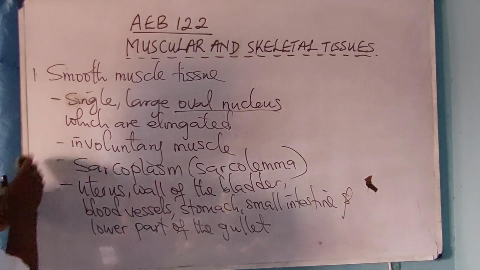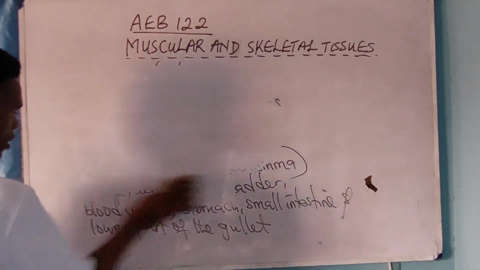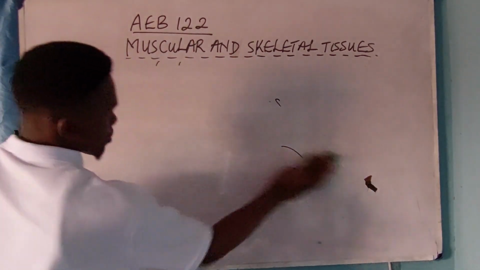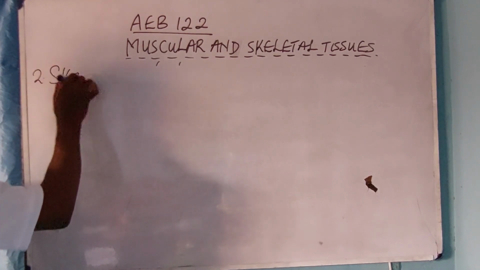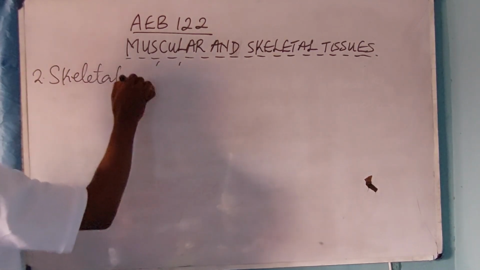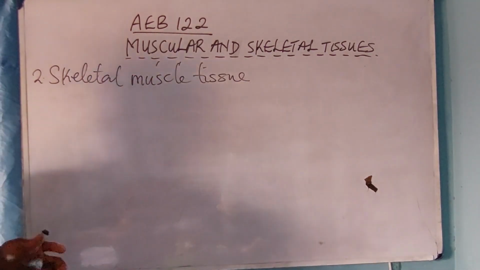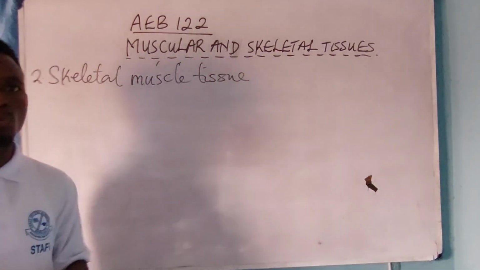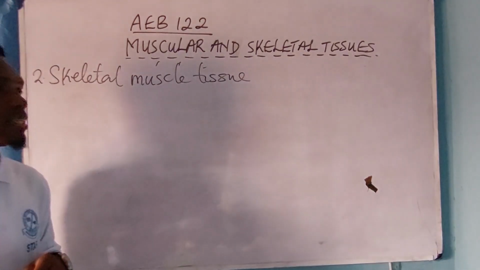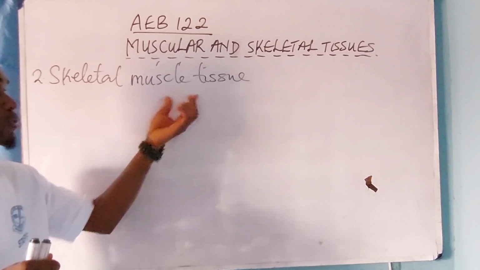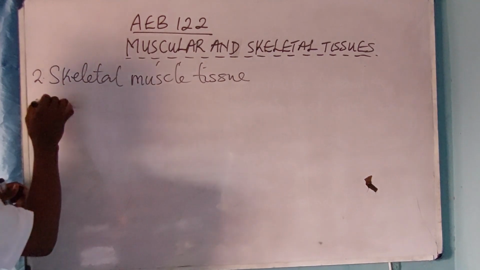Now, the number 2 is what? Let's take skeletal muscle tissue. Skeletal muscle tissue. Now, skeletal muscle tissue is the most dominant tissue found in the body of an animal. That is, they are the most common type of what? Tissue found in the body of animal, and they are important because they function in the movement of limbs,